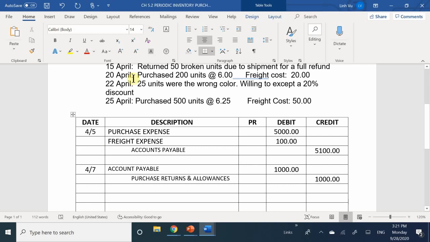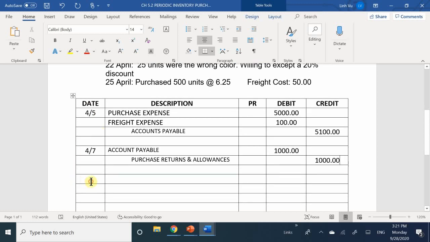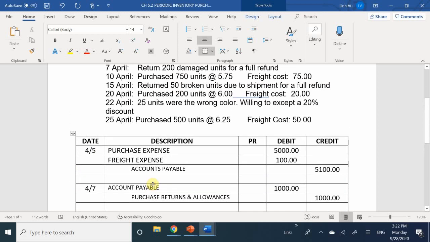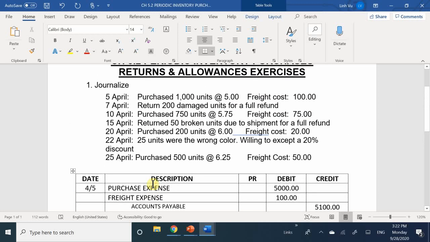Good. Now, no descriptions are necessary here until we move on further into inventory, when we're actually dealing with the entire chapter. We'll talk about that later because, again, it's important that you just understand how to get the foundation in the beginning. Okay. So, what has happened on April 10?